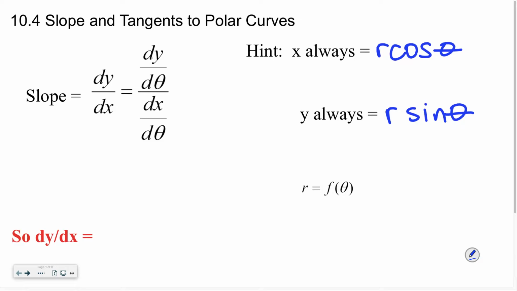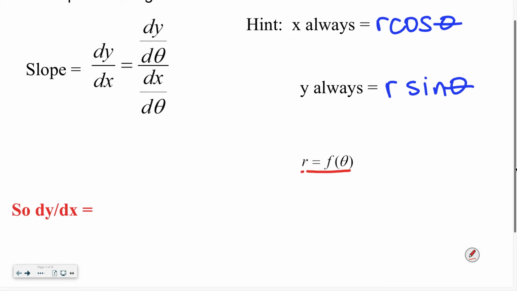Now, what I'm going to write in red is technically the derivative for any polar graph. However, it's not something I want you to memorize. What I want you to remember is that dy dx is the same as dy d theta over dx d theta. And I want you to set up your x and y separately so that you can use your derivative rules to find them. But, in general, if r is a function of theta, then dy dx is going to be dy d theta